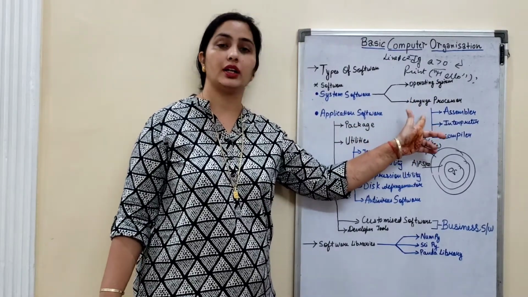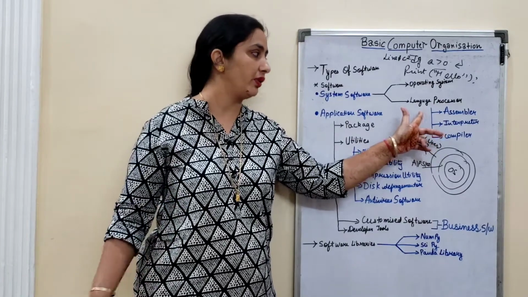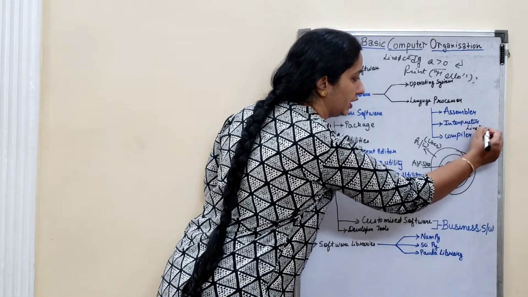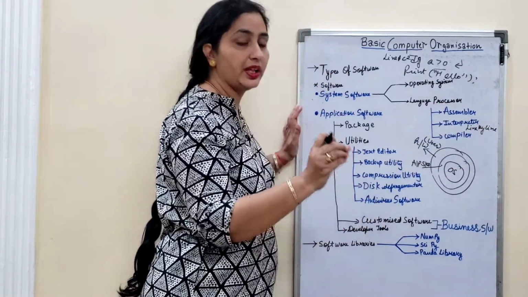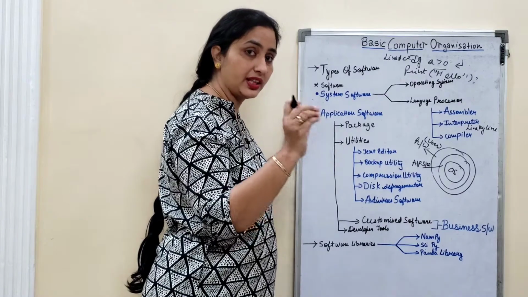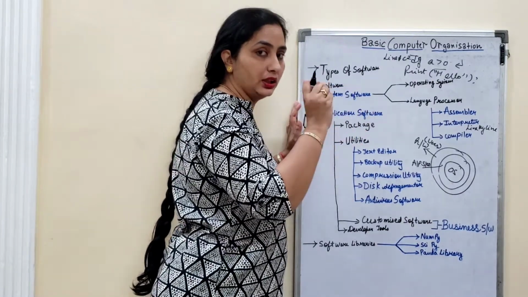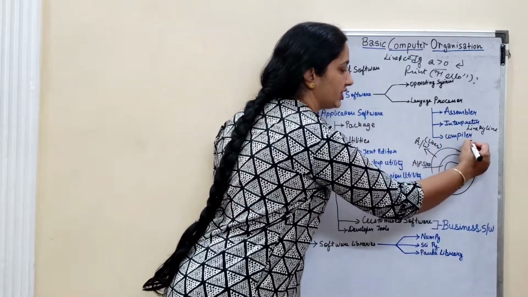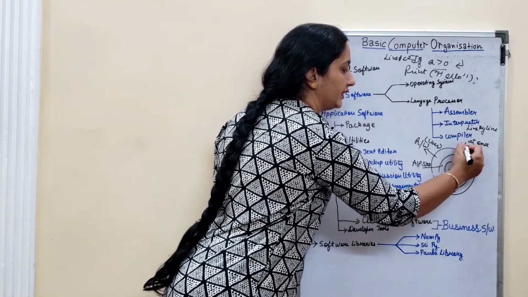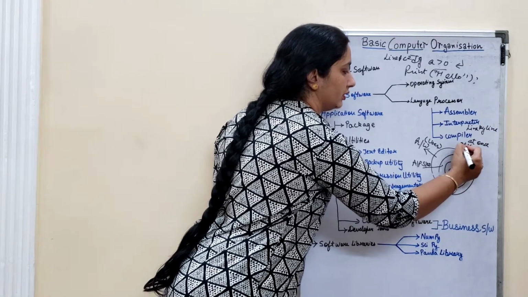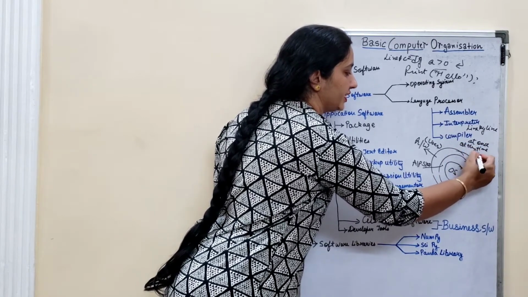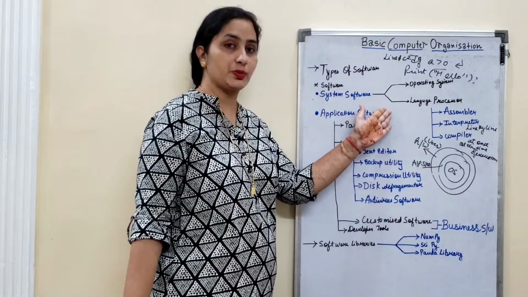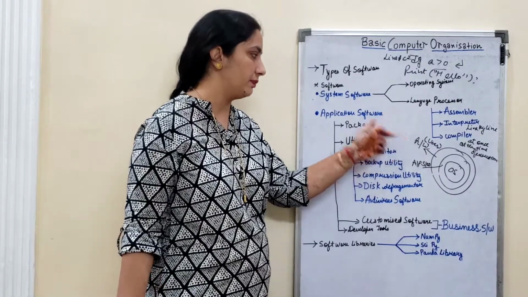It will simply translate your operating system machine language. This is going to check line by line. Remember, this particular word is very important, line by line. It is going to check your errors line by line. One line will be checked at the time of creation of the program, whereas it will check at once at the time of execution. Execution means running of your program. So this is the work of language processor, that is assembler, interpreter and compiler.